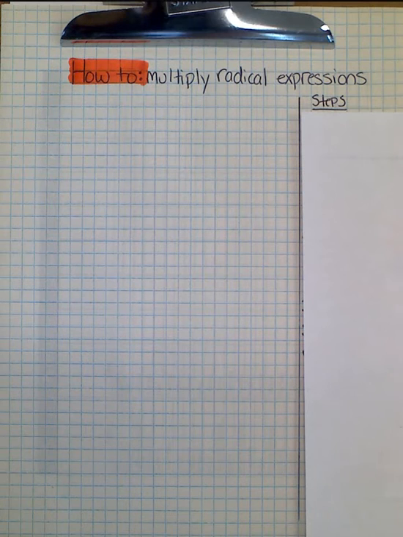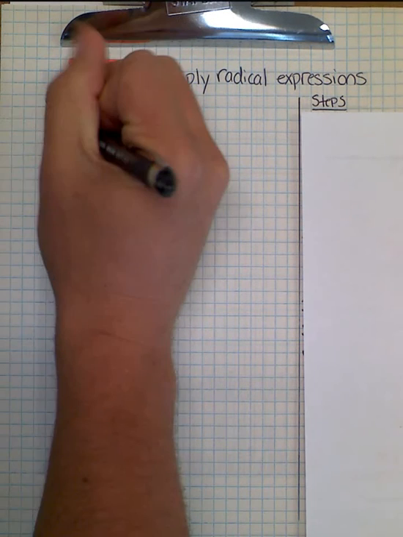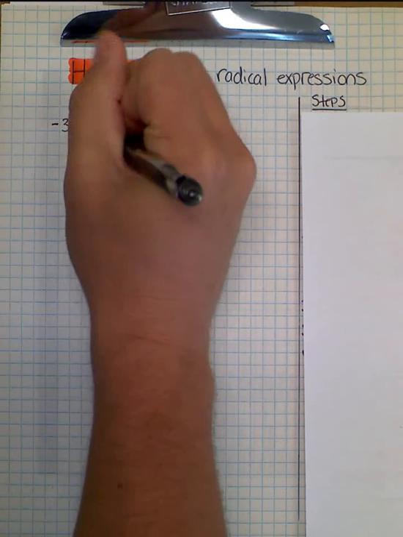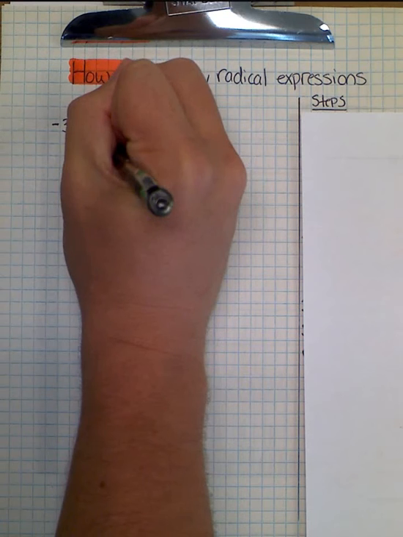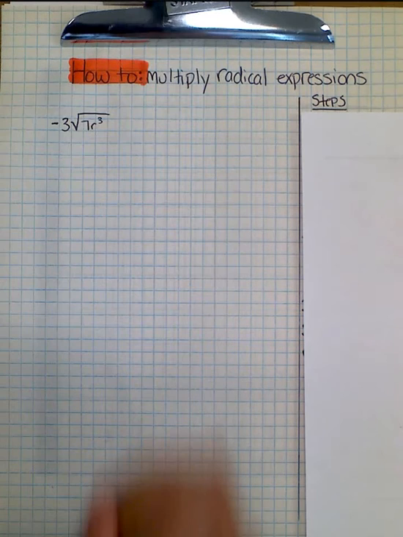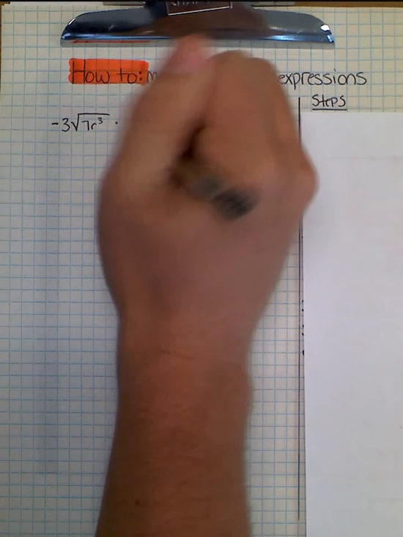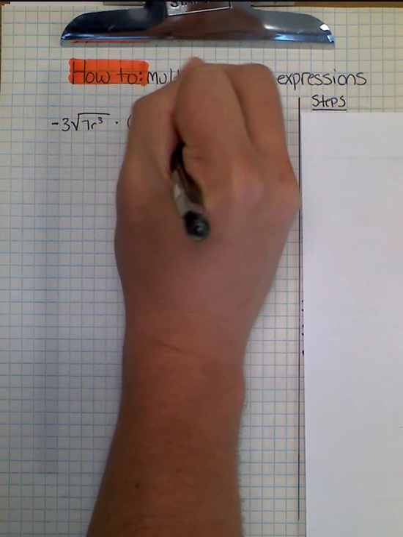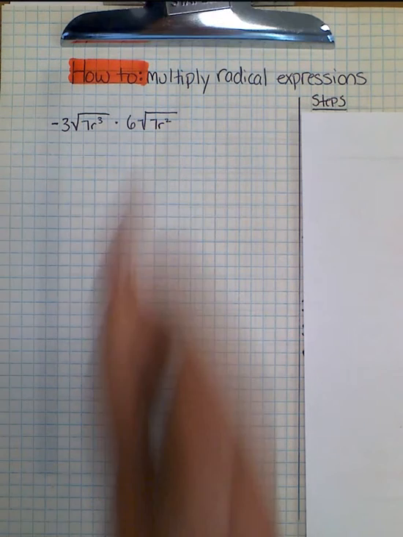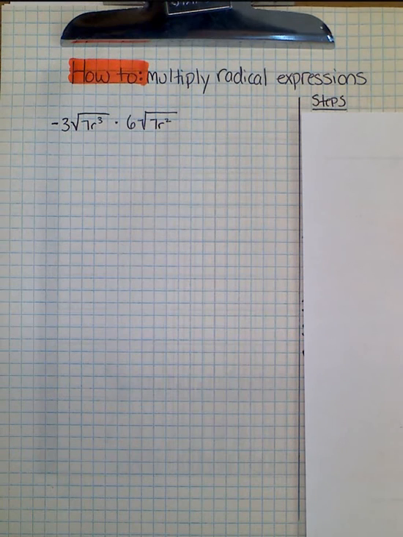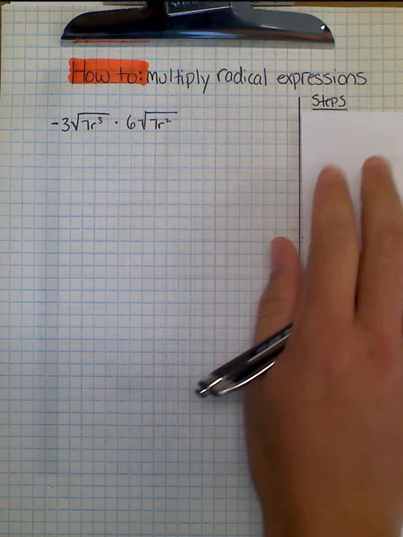9 on your paper, which says negative 3 times the square root of 7r cubed multiplied by 6 radical 7r squared. Okay. And the first step that I'm going to use is, well, I'm going to leave this up to you